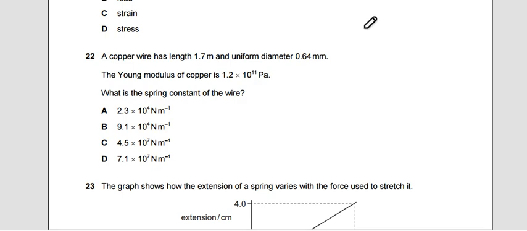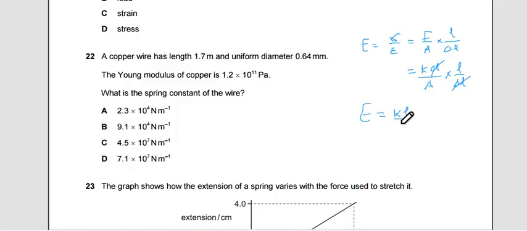So we know that E is equal to sigma divided by epsilon, and sigma is F over A. Epsilon in the denominator is delta L over L, and F is K times the extension delta L. So we can make the elimination, and we have E equal to KL over A. If we want K, it is EA over L, and substituting, we will have K to be